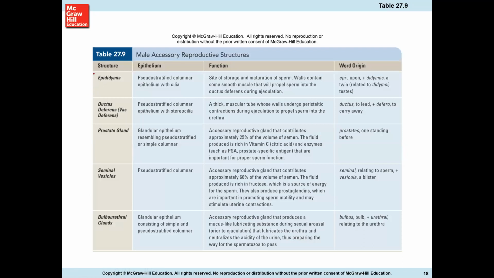So we're going to look at other things. You're going to see the epididymis on the gross anatomy. You'll see the vas deferens on the gross anatomy. And then we'll look at these three glands. The prostate gland, there's only one of those. There's two seminal vesicles, and there's two bulbourethral glands. So these three will add to the semen, the fluid in the ejaculate that facilitates the sperm getting to